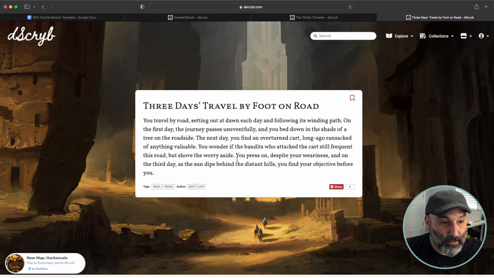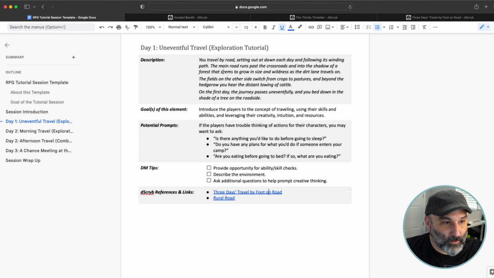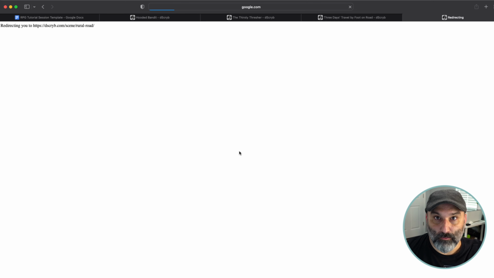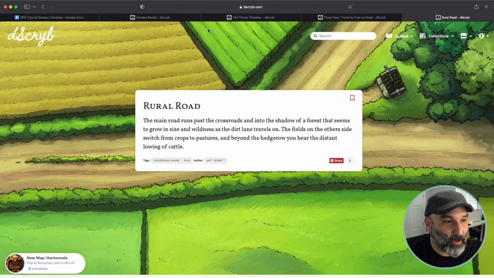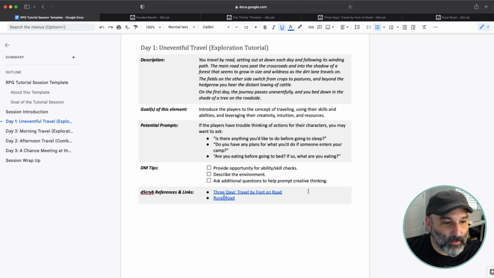the second piece for the second day, and you guessed it, the third piece for the third day. In this description here, I've used part of that and then part of it from another description that they had called the Rural Road. So you can see how I can use blocks of pieces and pull things together. It's pretty great. This is giving me the opportunity to introduce the concept of exploration to the player